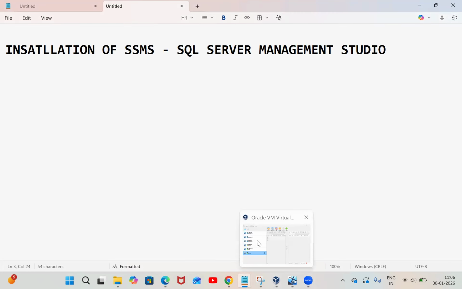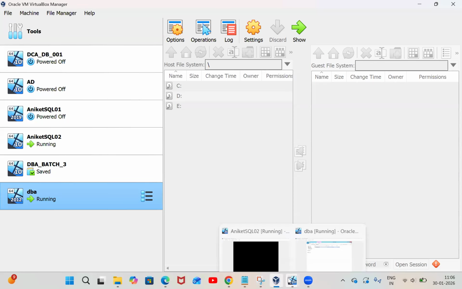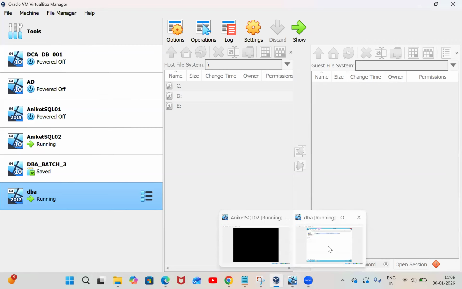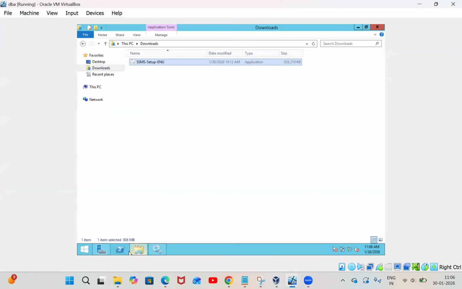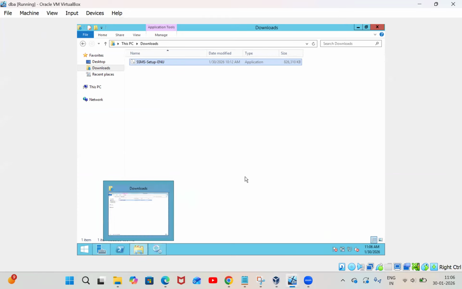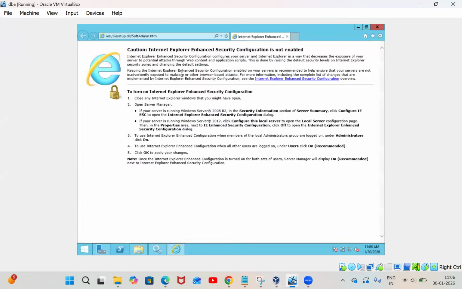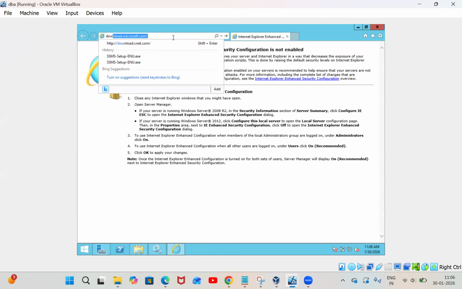So, here we have opened the VM, and in that VM we have opened that DBA. There is one machine running. Under that machine, we have installed through Windows Explorer that SSMS. Okay, so let me open the Windows Explorer. So here you can download SSMS. If you click on the